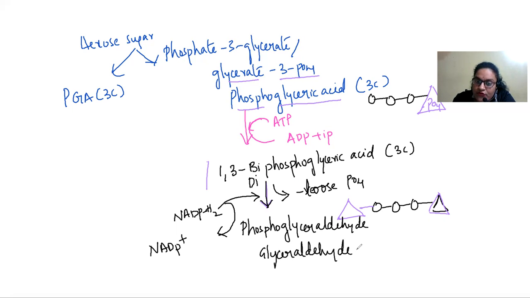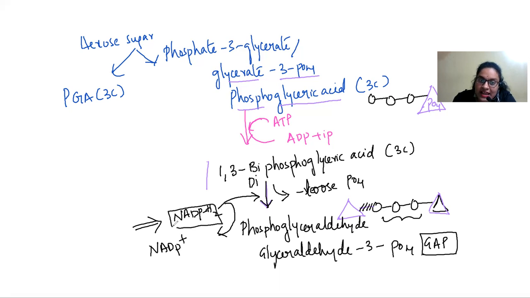Glyceraldehyde 3-phosphate. We call it GAP molecules. This is what is formed when it loses one of the phosphate molecules. So it has a phosphate on the third carbon atom, but it is getting reduced by this NADPH2, which was formed in the light reactions. Here also, this is from the light reactions that has come over here. And this is the final product which is produced during the light independent reactions,